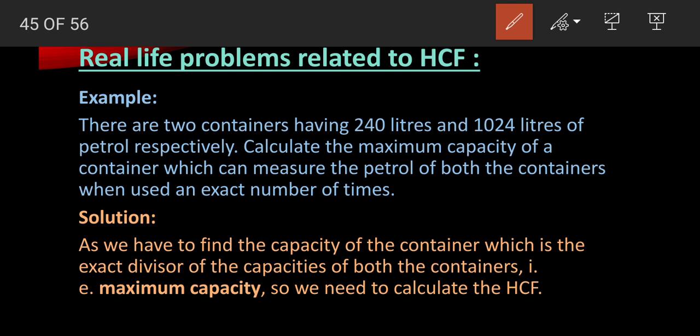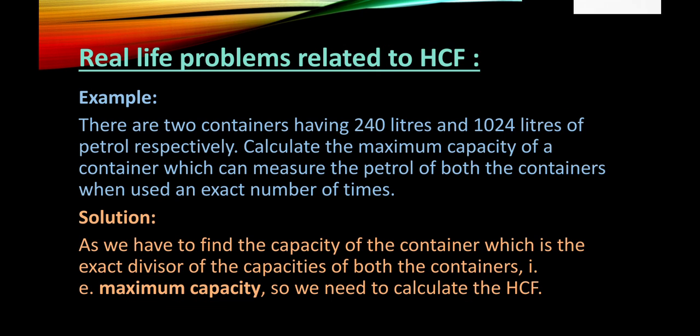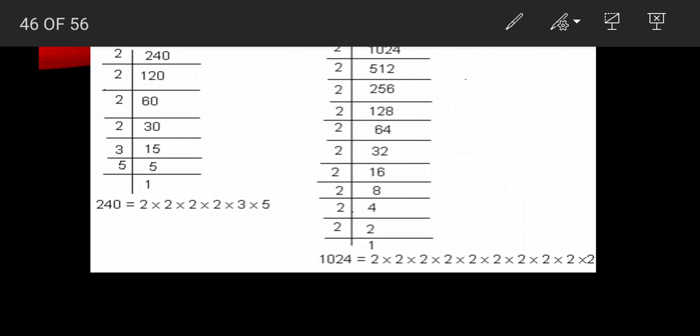So here is the solution. As you have to find the capacity of the container which is an exact divisor, exact divisor means a factor of the capacity of the container, that is the maximum capacity. Maximum, highest or largest, in that case we have to find the HCF. So we need to calculate the HCF. Now move to the next step, that is here we have to calculate the,